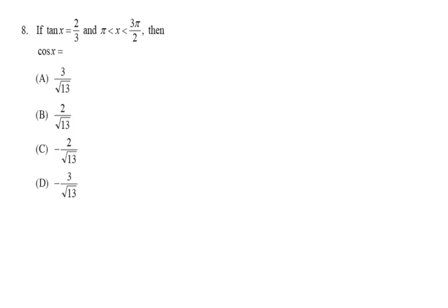In problem number 8, we're told that if tangent of x is 2/3 and x is between pi and 3 pi over 2, then cosine of x should be what? Since a tangent value of 2/3 is not one of our common tangents, the way that we're going to have to do this is to